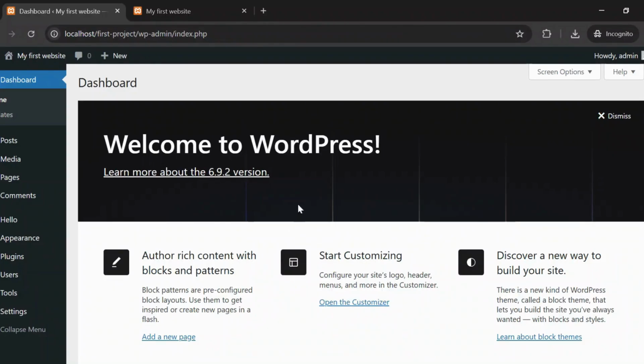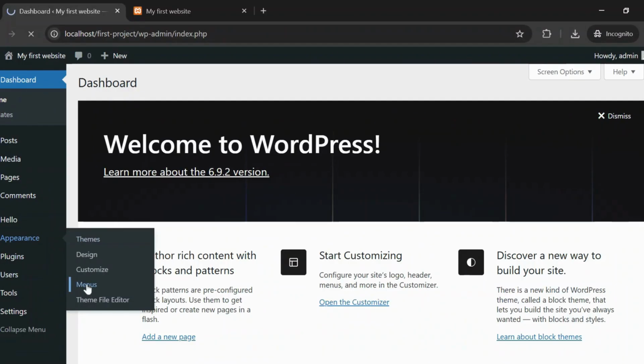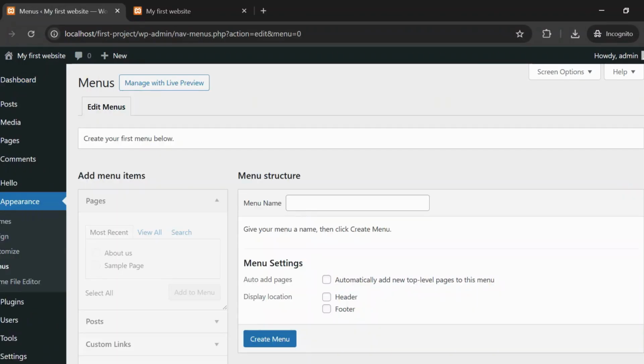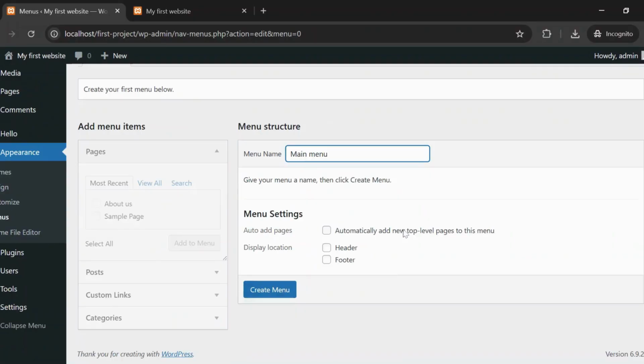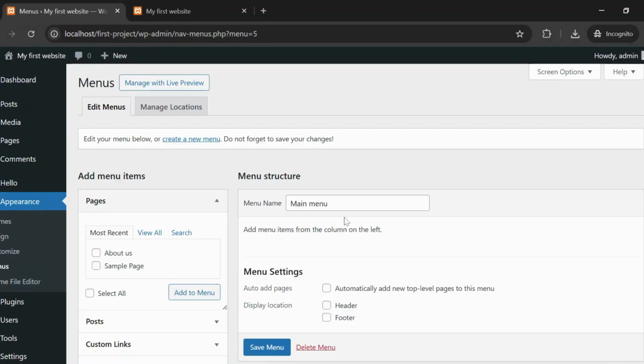Today we are going to learn how you can add pages to your navigation menu. First, you go to the dashboard. We have a dashboard here, and then under Appearance click Menus, and then if there is no menu already created, you can just create a menu. Just name it main menu and click Create Menu, and then after that from the right, view all,